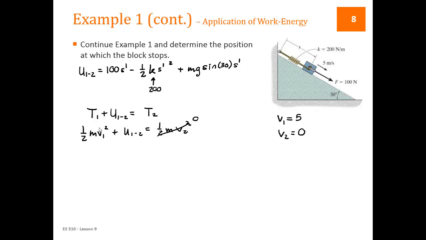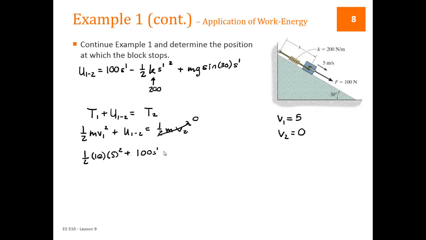So the initial kinetic energy needs to equal the work done as it slides down the slope. So let's plug in some numbers: 1/2 the mass, which is, what's our mass, 10, times 5 squared, plus then the work expression,